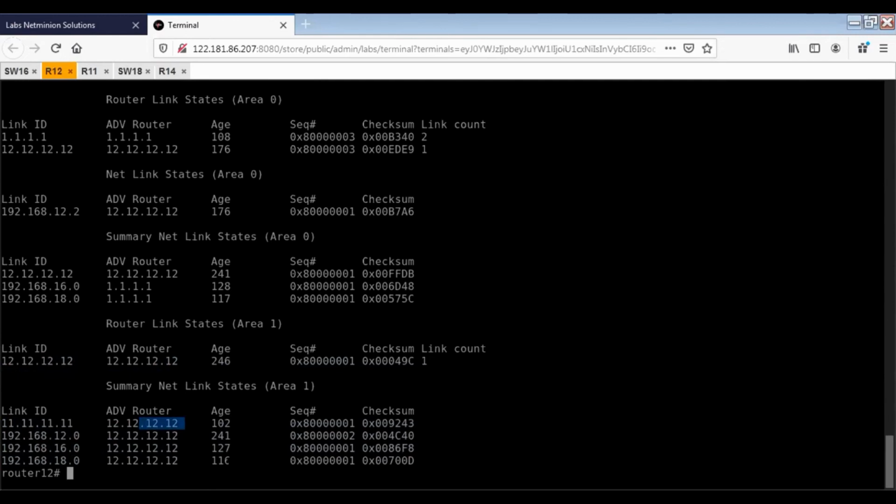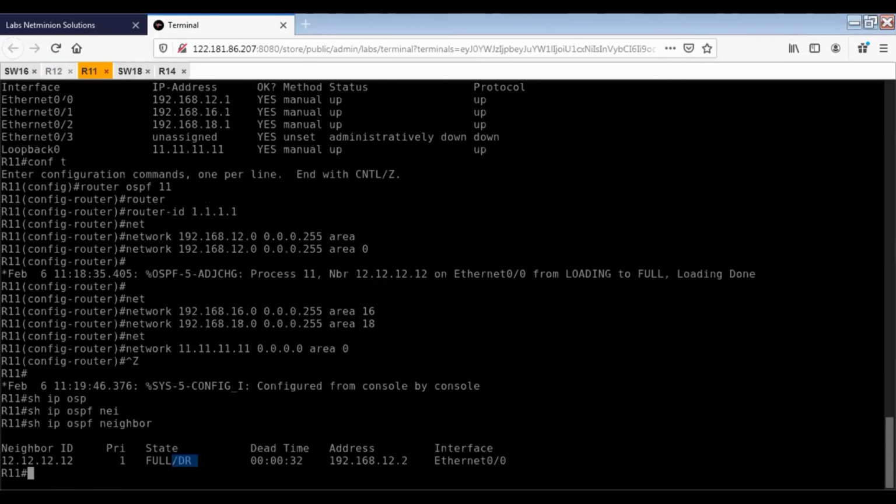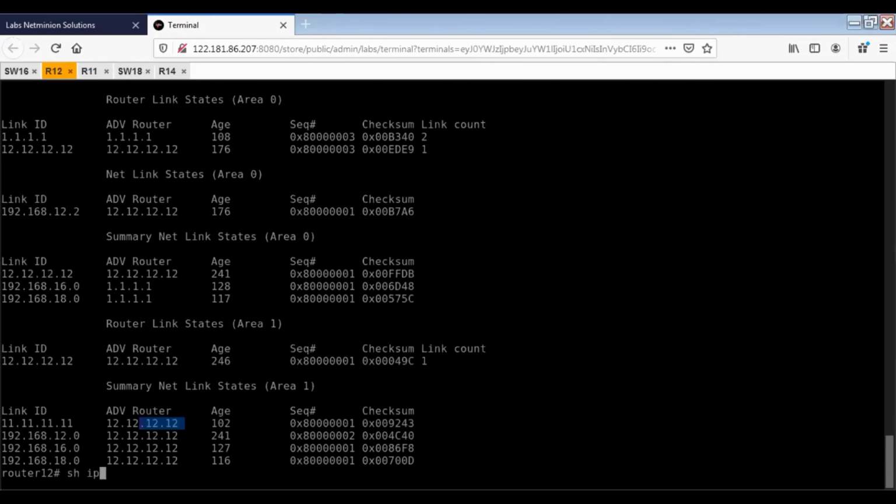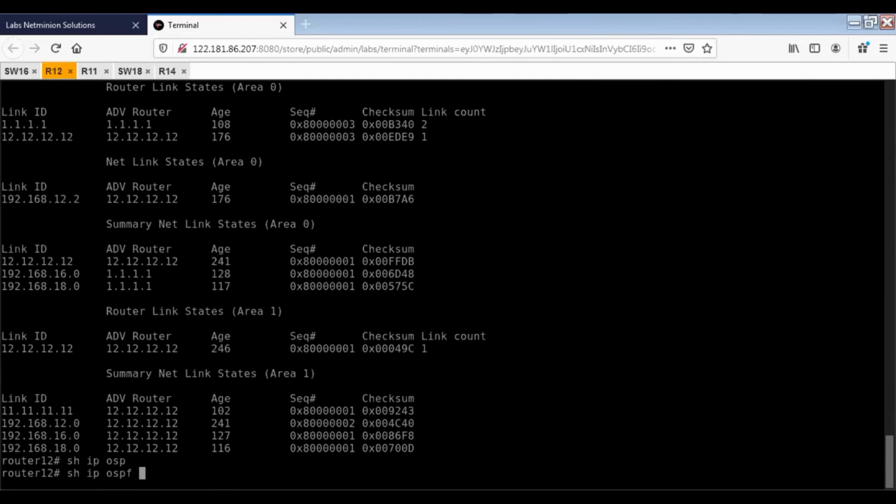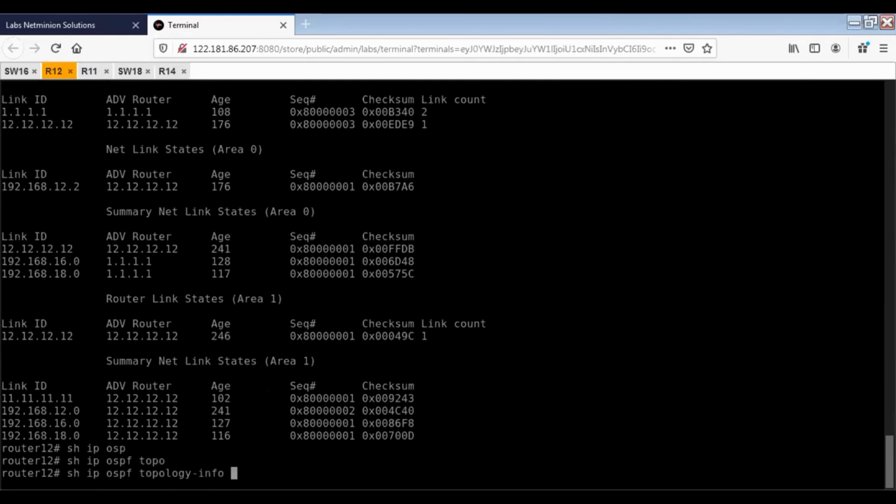But because the area 1 link is a loopback on this router only, if we had another router connected to area 1 here, it would give us some more routes with that advertising router. We'll check in other routers as well. One more thing, show ip ospf topology.